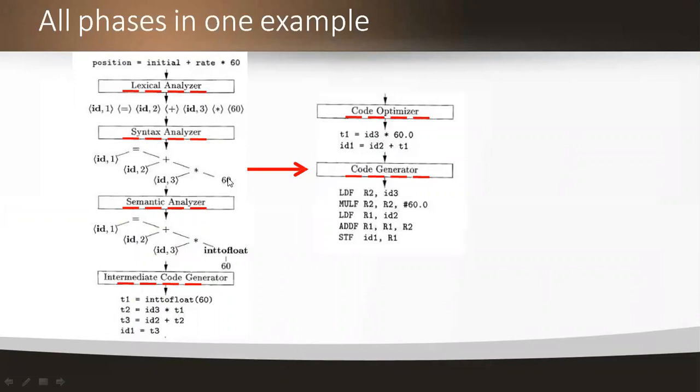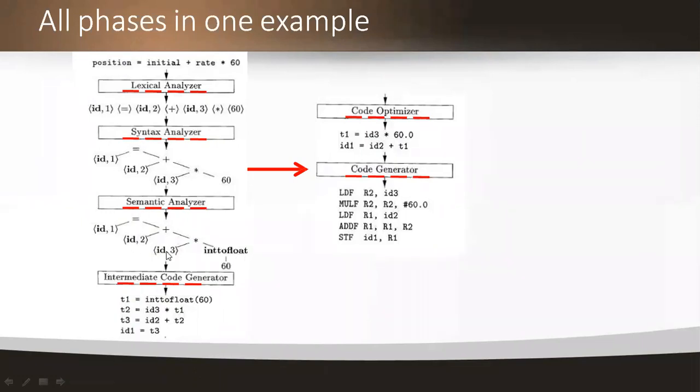It also checks the scope of the operation. After performing semantic analysis, the output is the same as the syntax analyzer output, but it gives a meaning to the number 60: it is converted from integer to float. If you don't know what data type conversion it is, it is very difficult to understand when generating the other phases. If you have the correct meaning, it is very easy to generate the intermediate code for that.